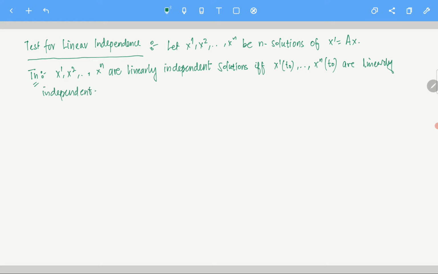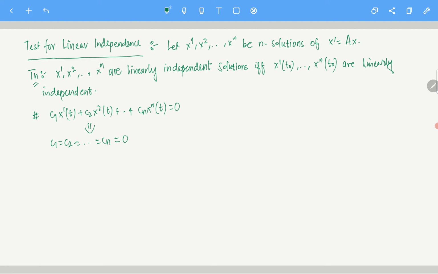What does it say? So for linear independence, if you remember, so let me put it this way. I want to show linear independence, I want to show this one, right? C1 x1 of t plus C2 x2 of t plus Cn xn of t, this equals 0. This should imply C1 equals C2 equals Cn equals 0, right? For linear independence, this should be the case.